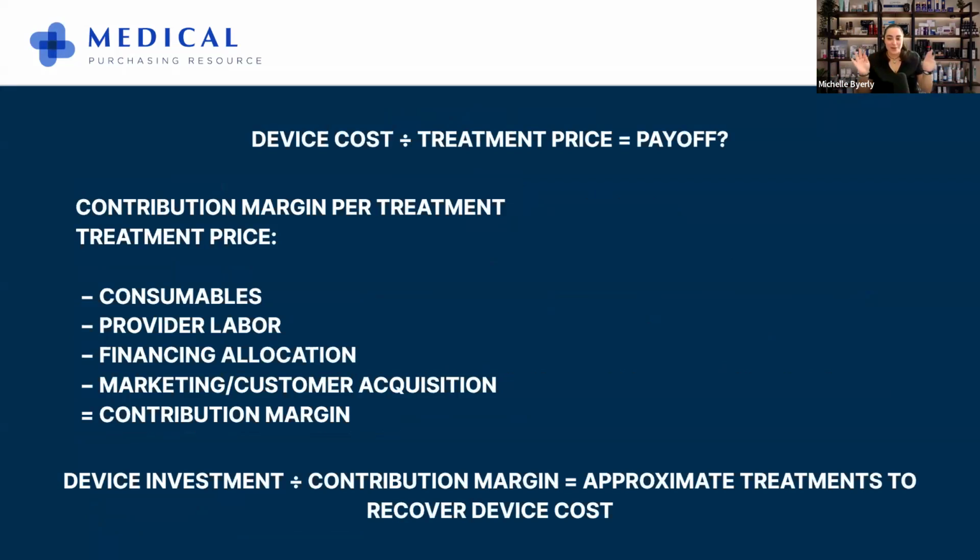Now, what a typical calculation in your mind looks like is device divided by treatments equals payoff, when that's not necessarily the case. The actual calculation in contribution margins is actually consumable, provider labor, because sometimes you're paying a person to do the treatment, or you're doing the treatment yourself and you have to account for your time. The financing allocation, marketing to consumer, which is the consumer acquisition, which we talked about earlier,